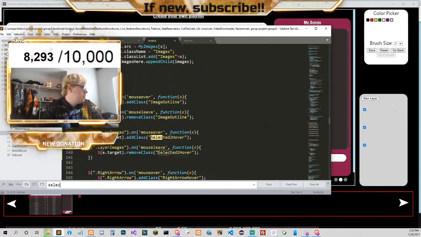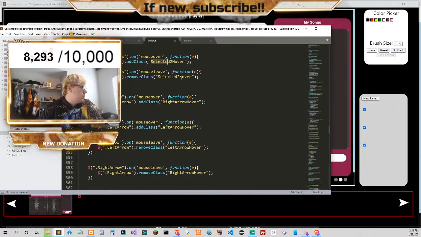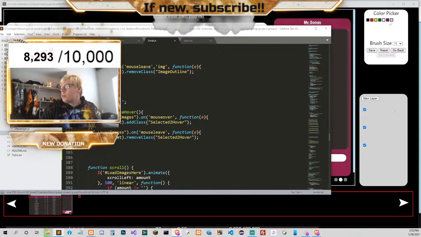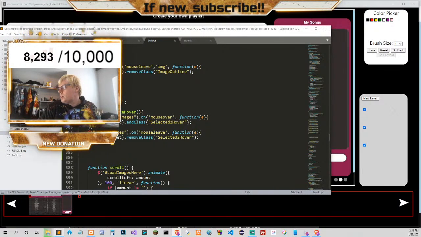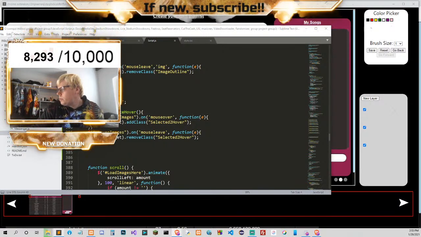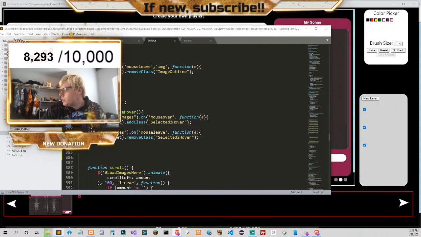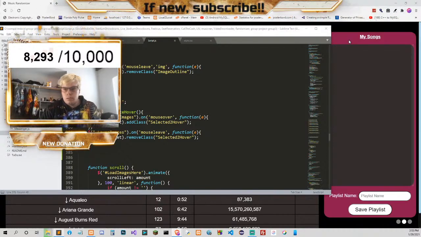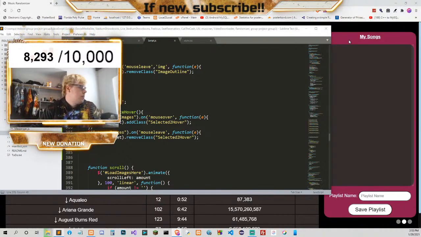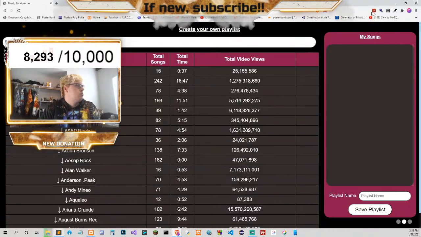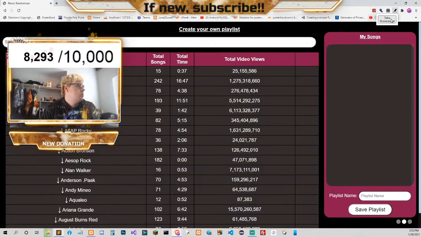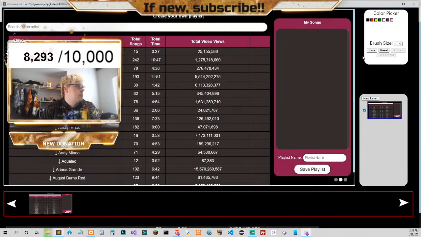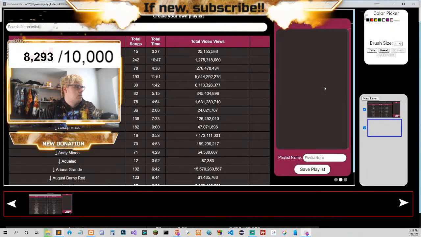So selected to hover, and then I think, yeah, so let me save this and run this. Cannot get context of elements selected in, oh, because there's nothing there. Alright, so new layer.